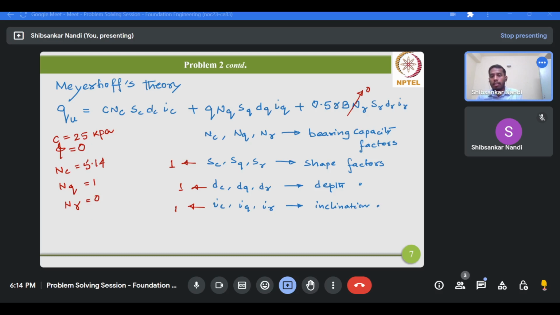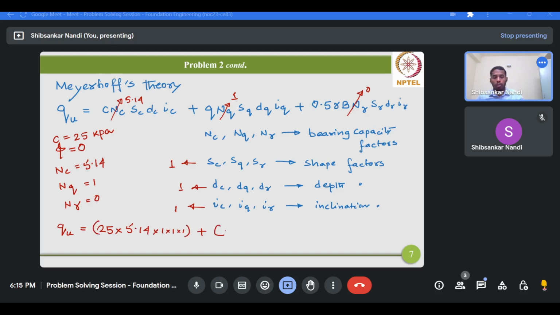Again, this NC is 5.14, and this NQ is 1. Now we can easily calculate the ultimate bearing capacity. So it will be 25 multiplied by 1, 5.14, then 1